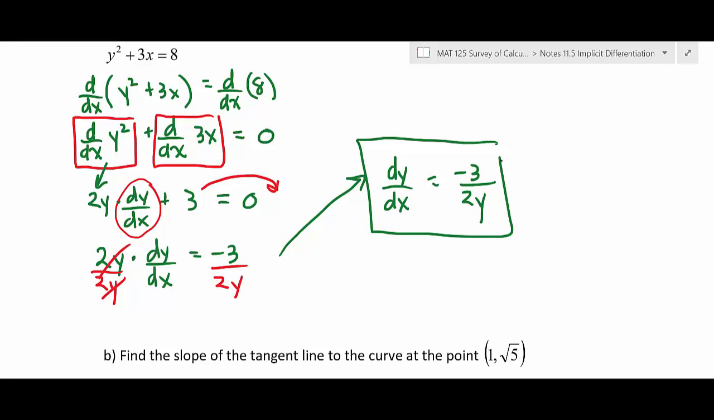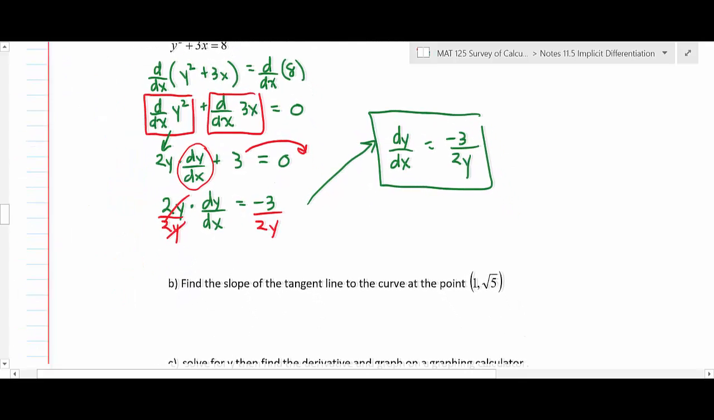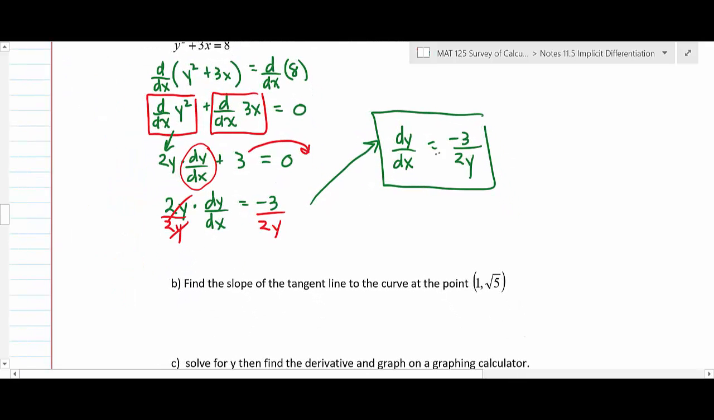Did you guys follow that okay? That's not too bad of an example. They get more complicated, of course. That's pretty straightforward, not too bad. Any questions? Now here's the thing that's kind of nice about implicit differentiation: if you want to find the slope of a tangent line,